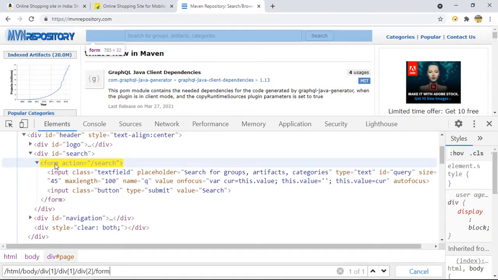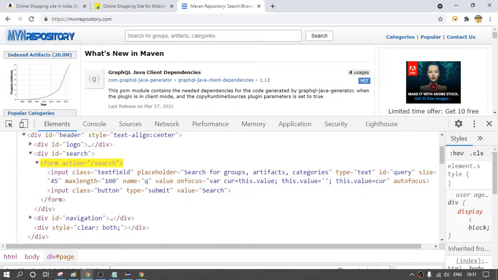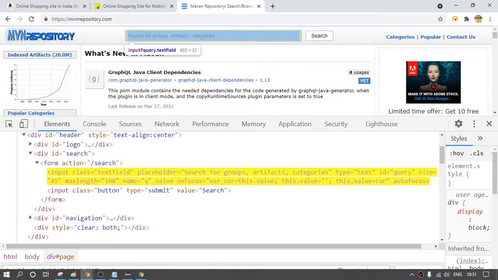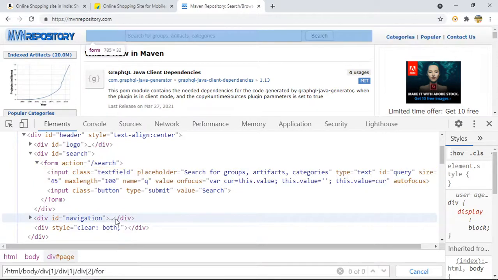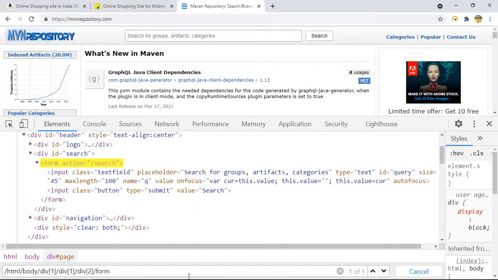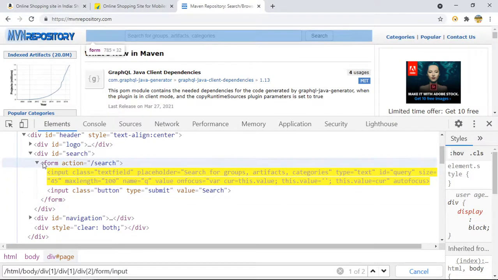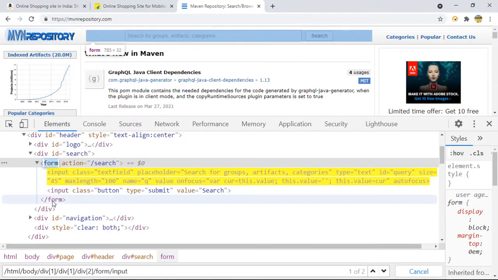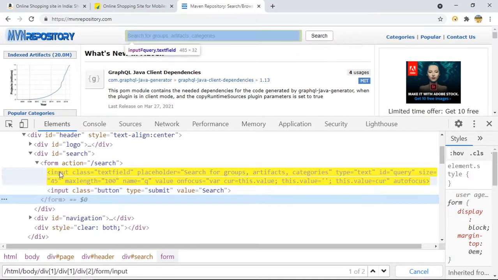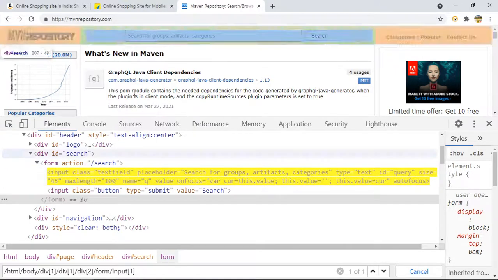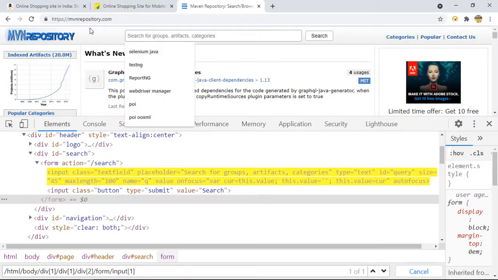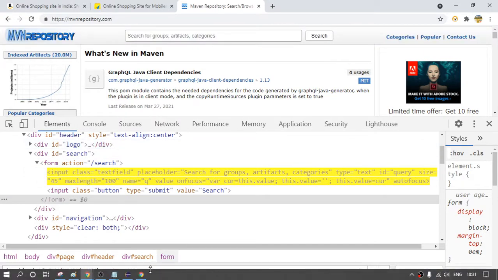And after that, from form I have to go to this input tag, so I will say slash input. So if you see now, this is okay. Once I am here, you can see one out of one element is matching. But as soon as I say that from the form I want to go to the input tag, there are two input tags inside this. This is the opening, this is the closing. If I say slash input, there are two input tags. So you can say either one or two. I have to go to the first one because this is highlighting my text box so that I can enter some data. So this is how we are going to write our